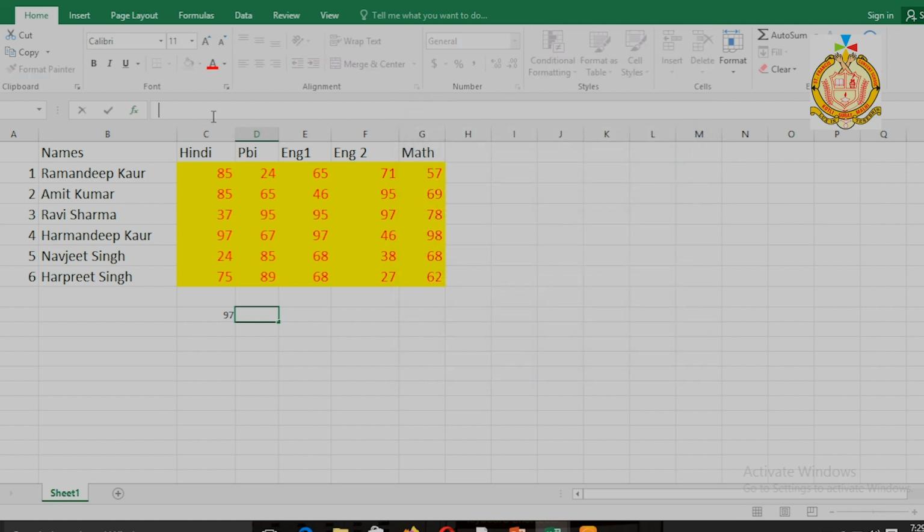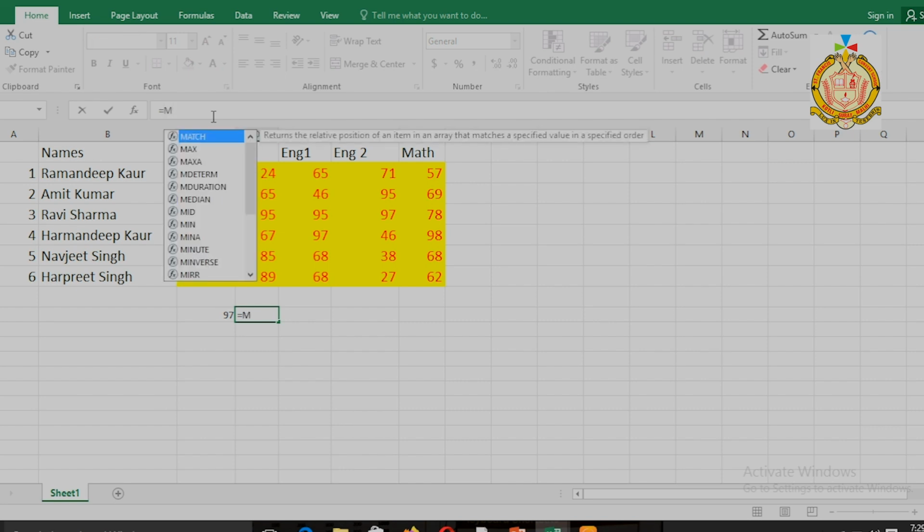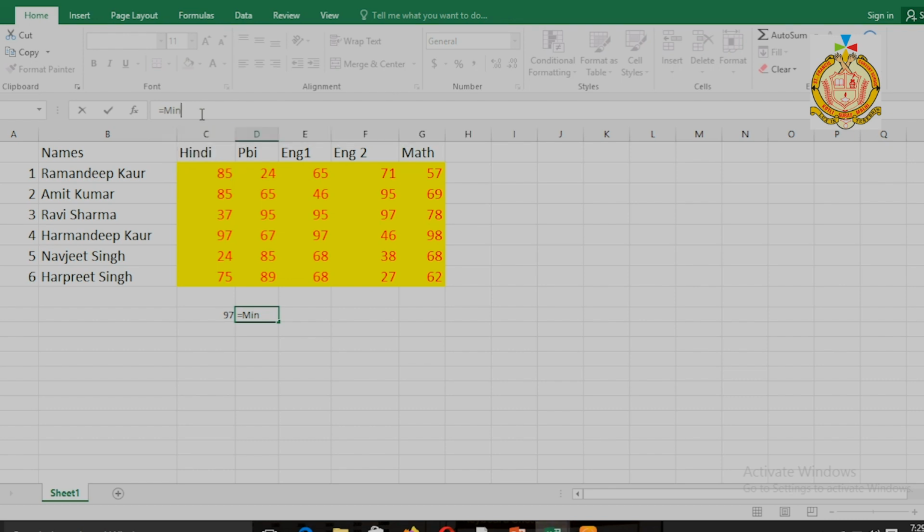Equal to min, then the cell address will be changed, bracket, now it is pointing, this information was in C, now it is in D. D2 up to the last, D7. One thing, students, there is no issue, like here it is capital D, here it is small d. There is no case sensitivity.